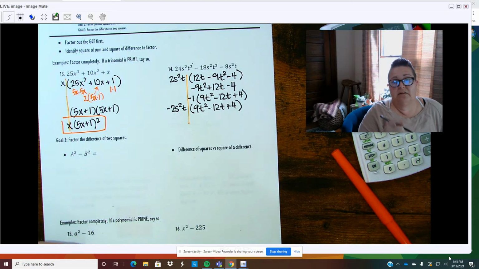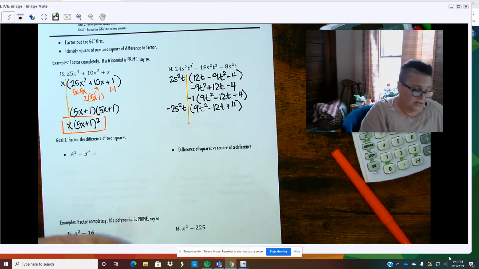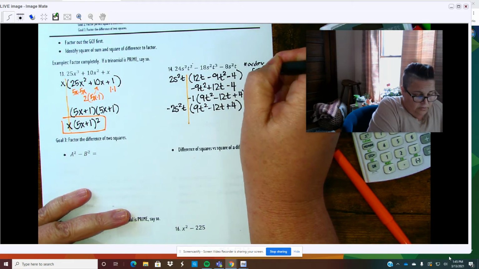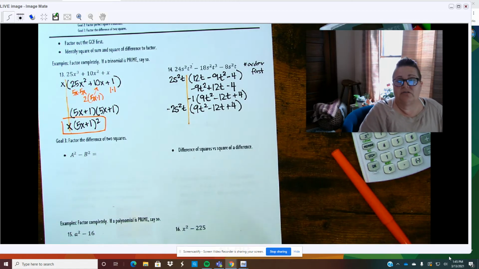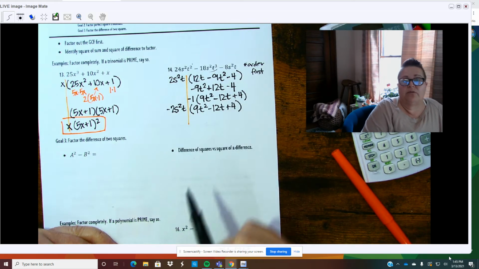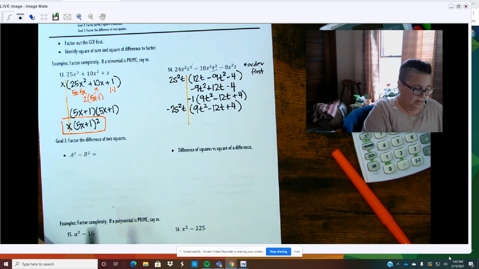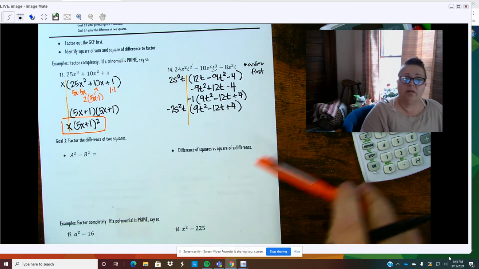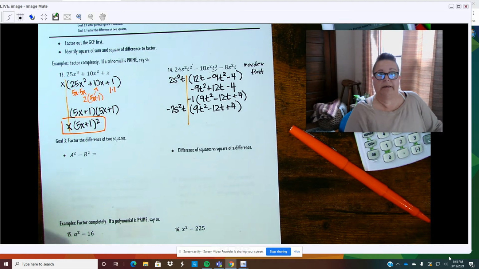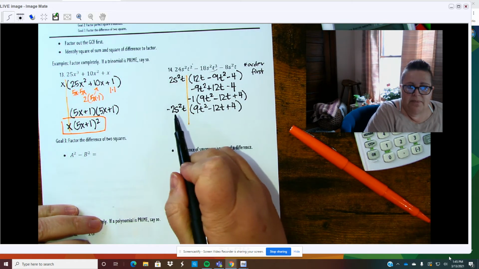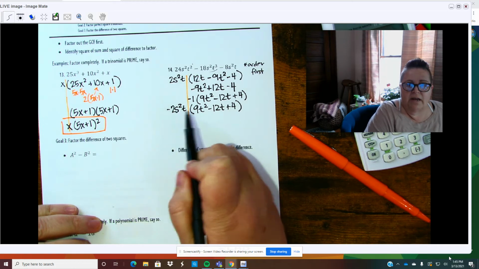So I basically didn't catch the negative because I should have ordered first. If I would have ordered first, I wouldn't need that extra step. Because this is degree 2 and this is degree 5, it should have come first. But that's okay. Sometimes if you mess up along the way, you just need to know how to get back on track. Okay. So now that I've got that greatest common factor out,